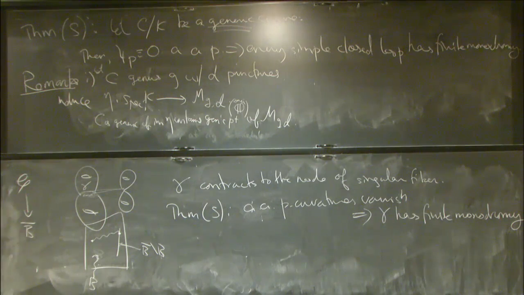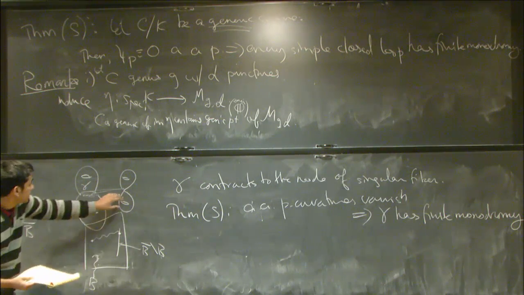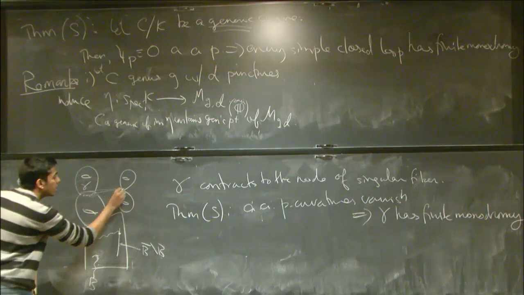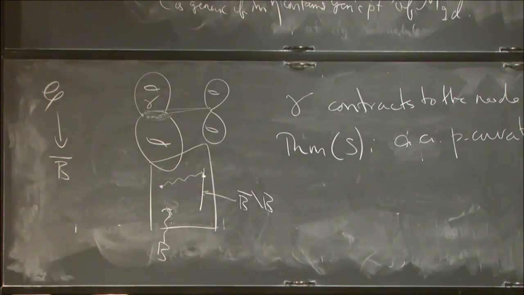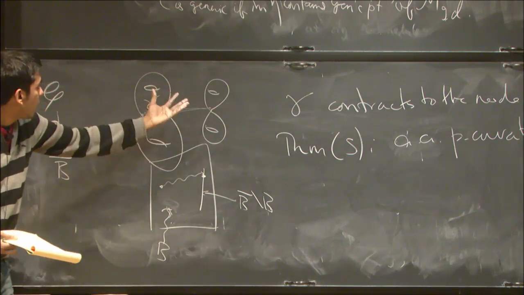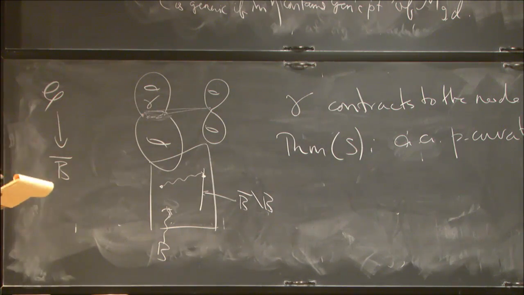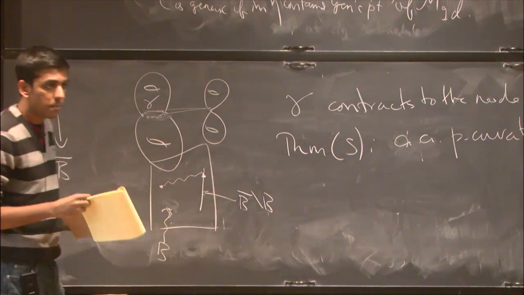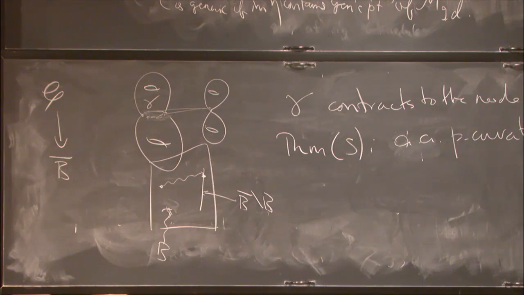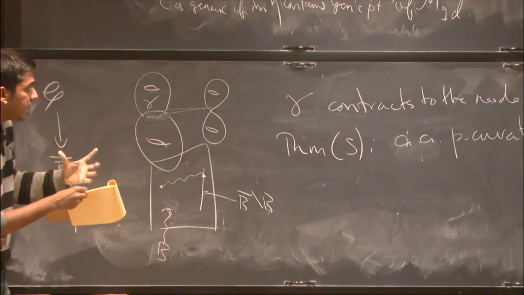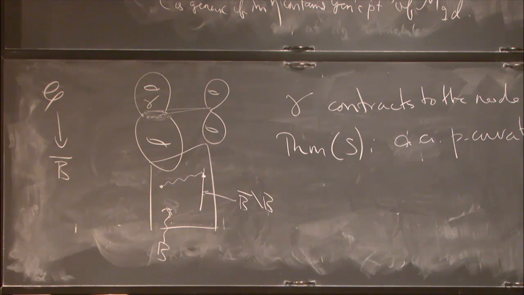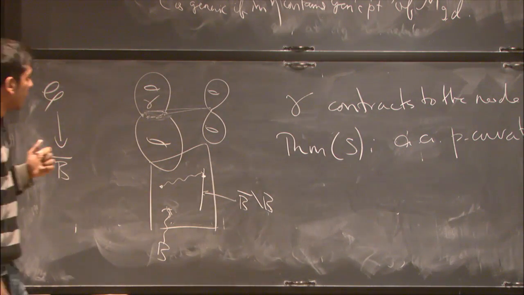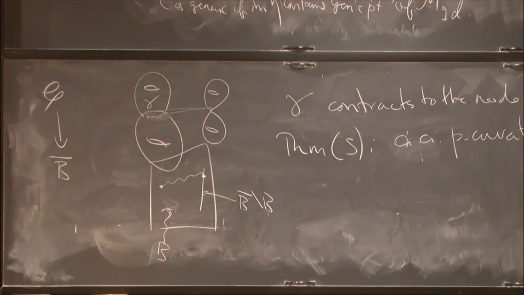And the way you prove this theorem is to study the whole picture in a neighborhood of the node. So in a local neighborhood of the node, holomorphically, you're going to look like a family of annuli, which will contract to a nodal curve at the nodal fiber. And the hope is to somehow use the fact that annuli are nice because it sort of looks like G_m. But the problem is this is totally holomorphic, and at least as stated, there's no way to use the fact